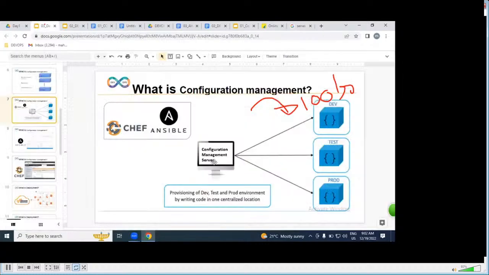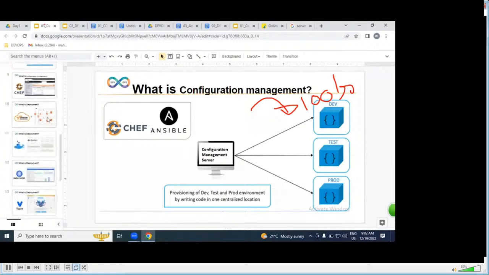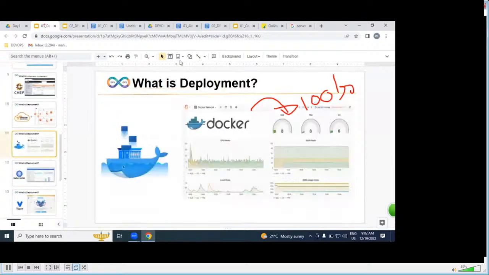Fine. But are we deploying our applications only on AWS servers? No. We can deploy our applications on Docker also, on a Docker container.